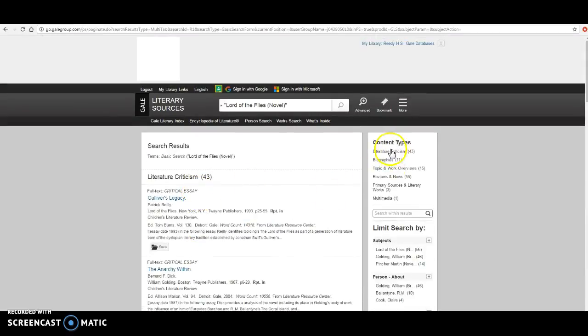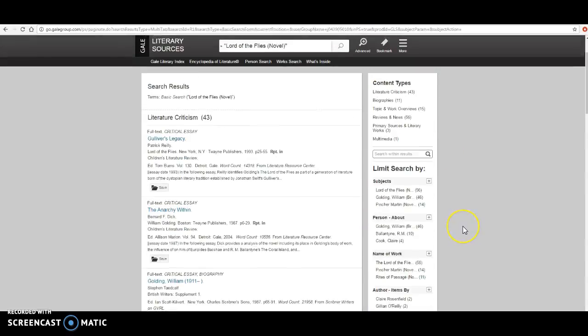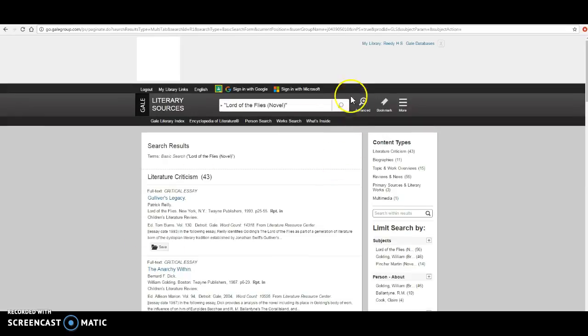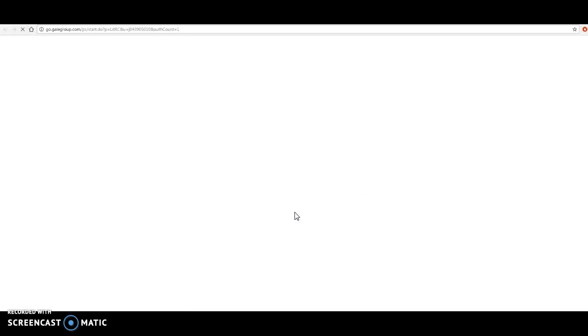So you can scroll through them that way. You can click on them over here. You can always reset, go back to the search results to get back to this main part. You can also limit your search by some of these other search terms over here, but those are my suggestions for this particular database. So the other one that I want to recommend is the Literature Resource Center, and honestly